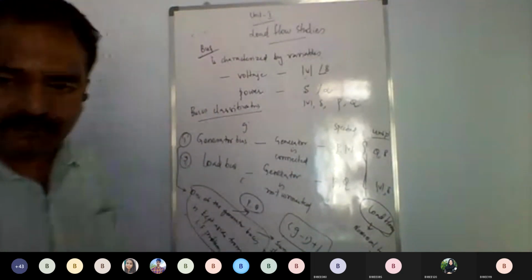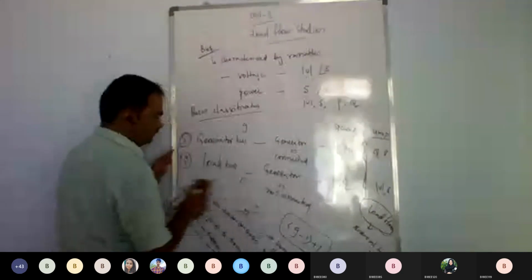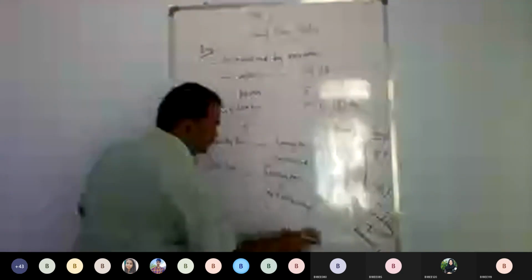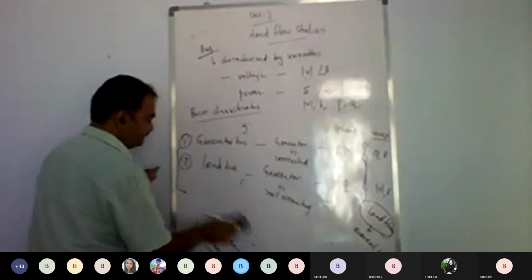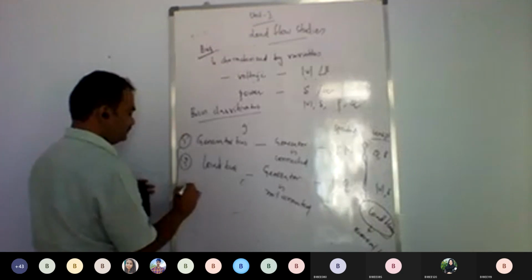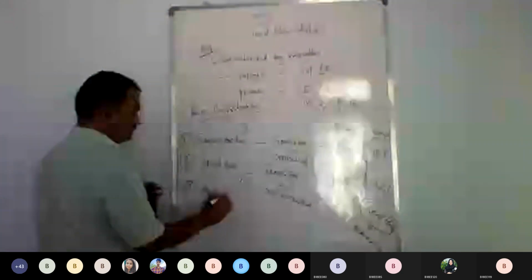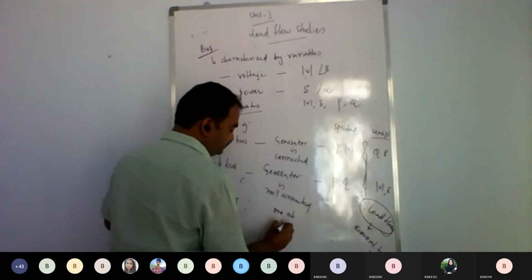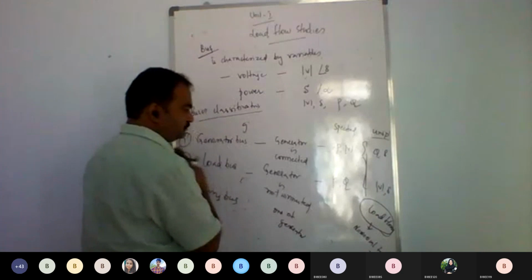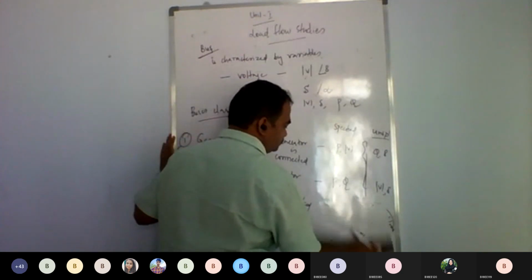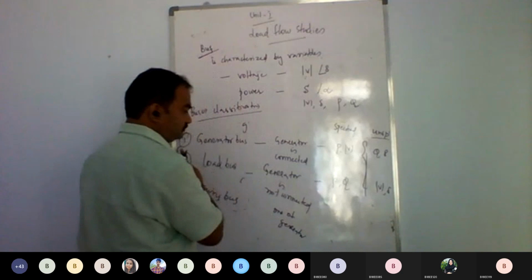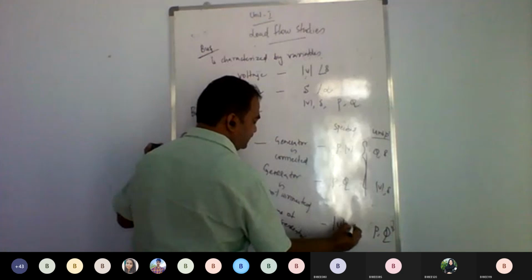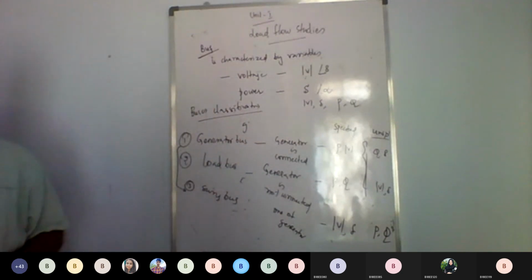So now, there is a third type of bus, and it is called a swing bus. It is a swing bus, and it is one of the generator buses kept aside. So what are specified, what are not specified? Not specified are P and Q, and the specified variables are mod V and the angle.